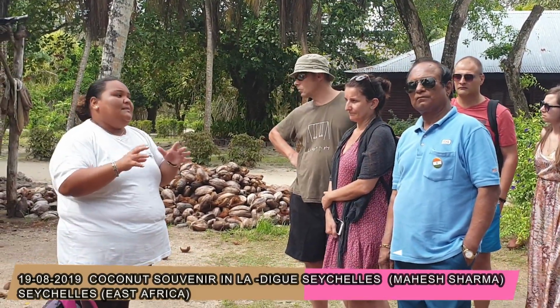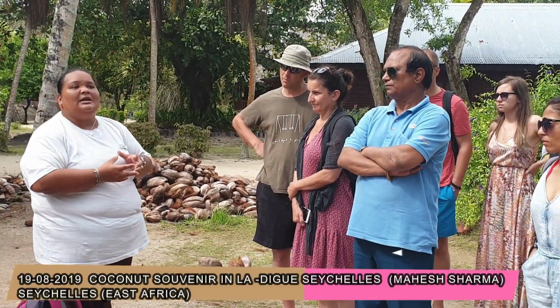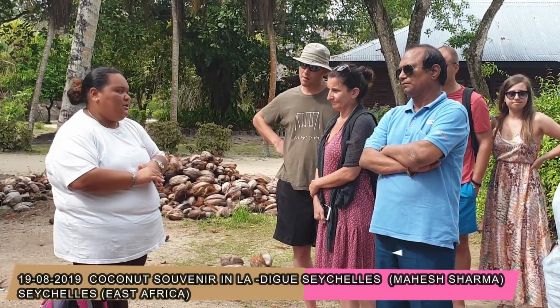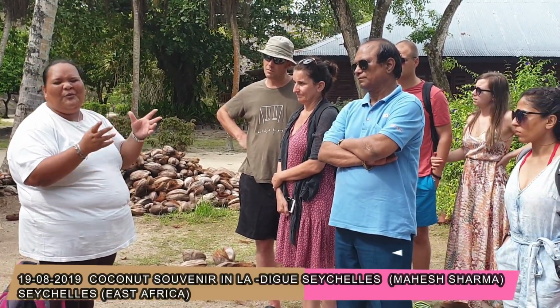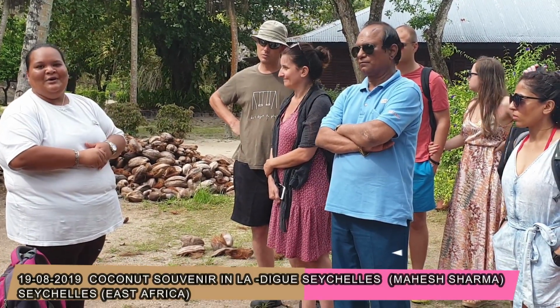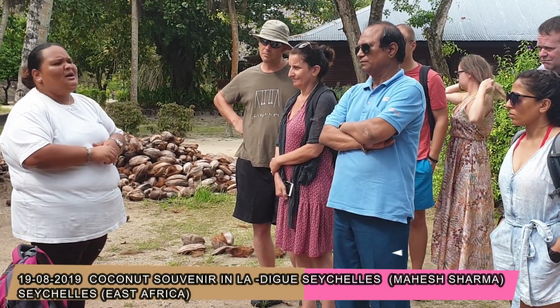You will notice that the main means of transportation here is by bicycles. We used to have ox carts that would bring visitors from point A to point B, but now we have stopped using them. We use them only for weddings. There's only one left, so hopefully we get to find the only ox cart bringing the bride and groom to say I do. Most of the time they say I do in the Seychelles, and then as they go back,